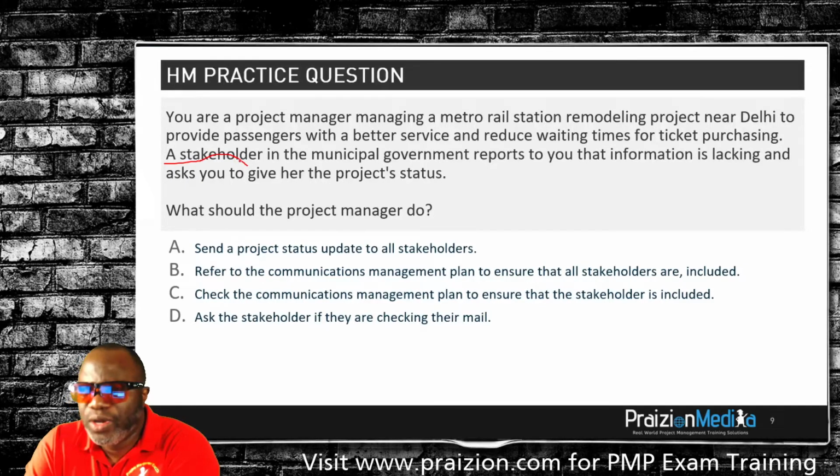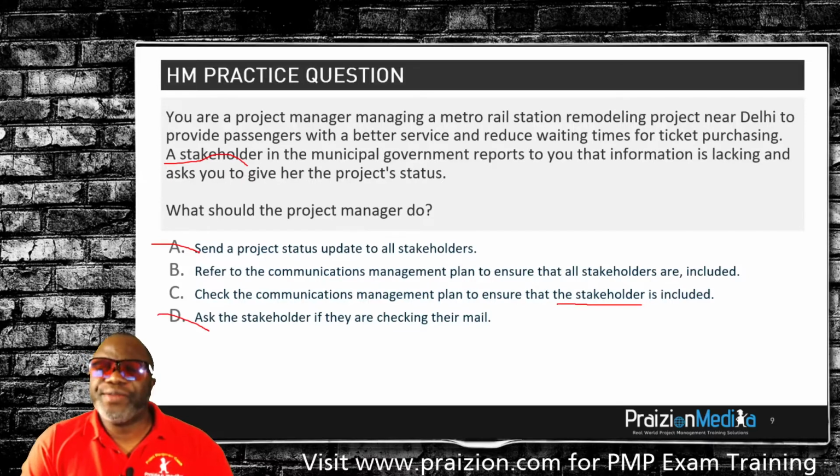Or is it for you to refer to the communications management plan to make sure everyone is included in the first place? Or is it to check the communications management plan to ensure that the stakeholder who told you is included? Or is it to ask the stakeholder, are you checking your email? Well, you know it's definitely not that one. And you shouldn't just send out a status update to all stakeholders again. The right thing for you to do is to make sure, is everyone included, right? And that's why the correct answer